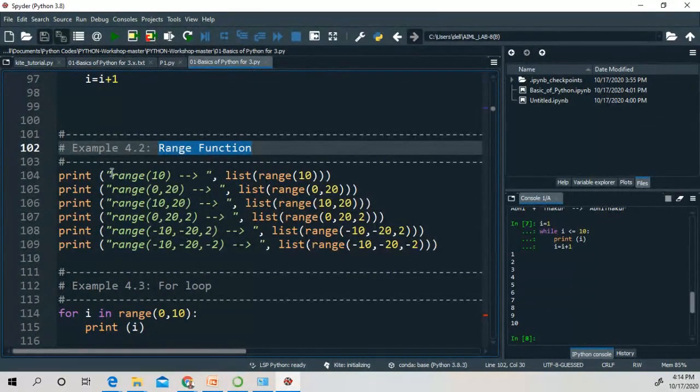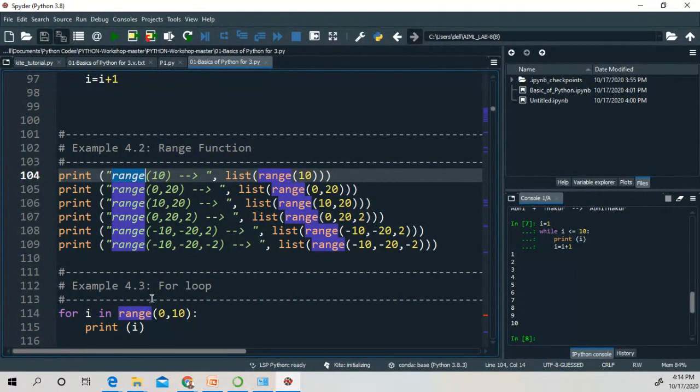So here we are using range function to display the values in between two numbers. Okay, so in the first statement I am using print list range 10. So what is the output for this one line code? It will show the range from the first number excluding the last number.